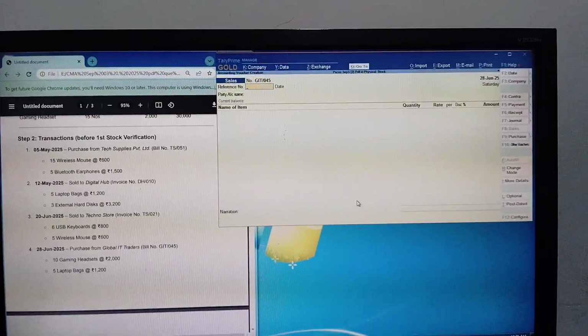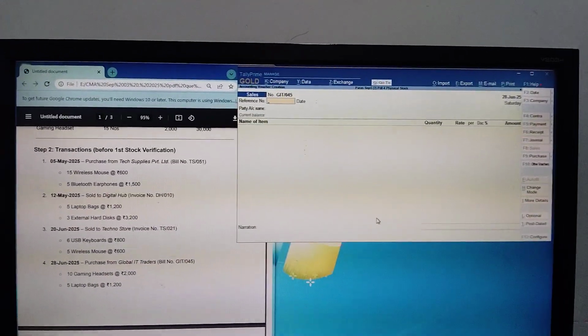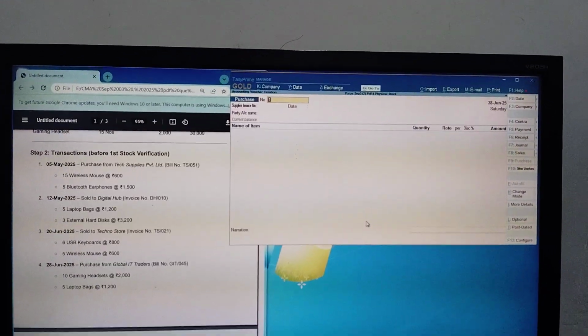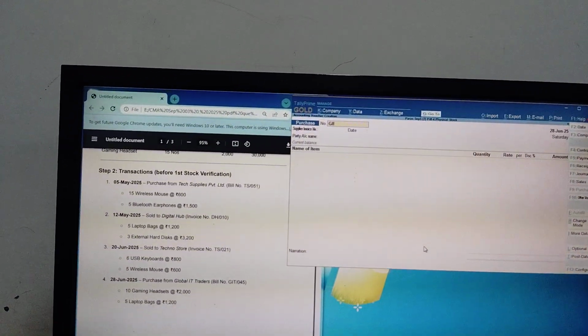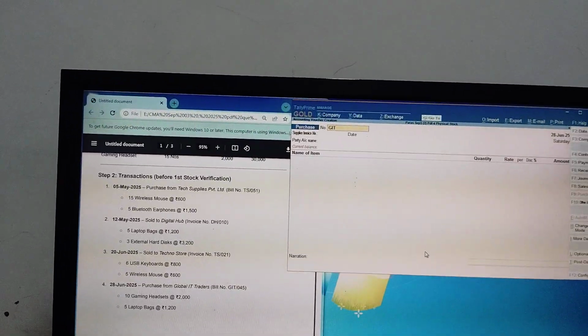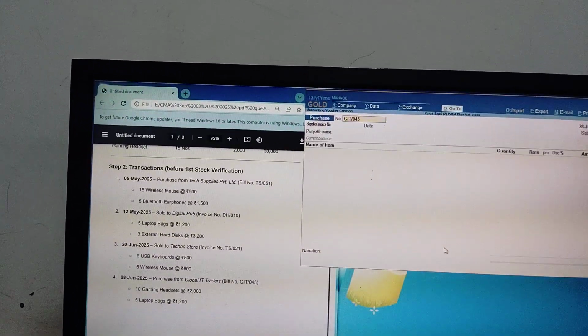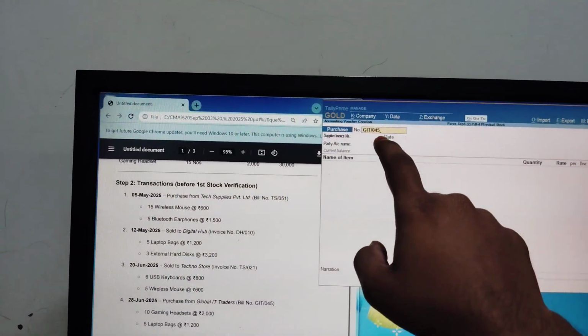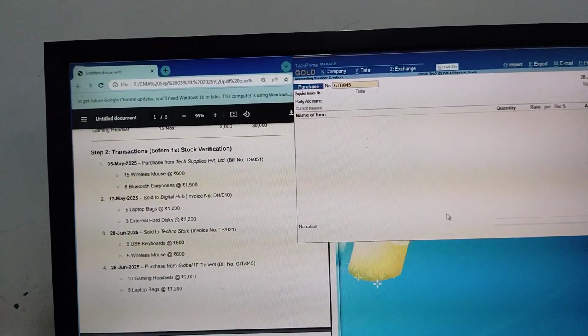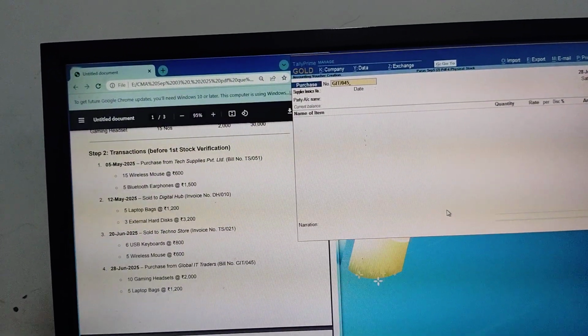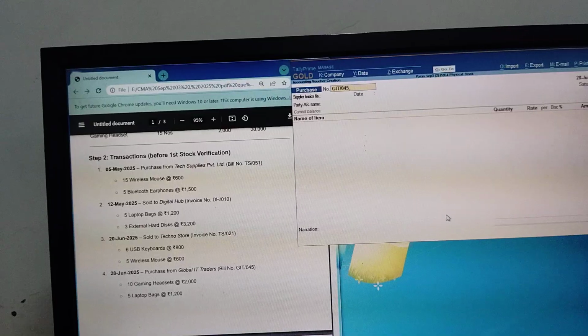So in the next transaction entry, we have not selected purchase. Purchase GIT/045. We will only write here. We will not write in the supplier invoice number. Yes, we will only write on the upper one.